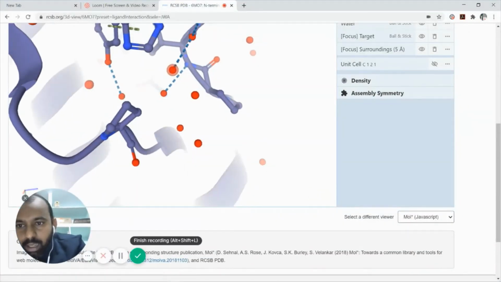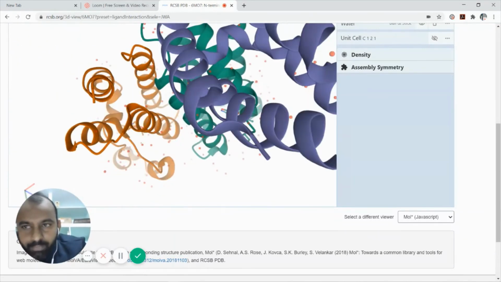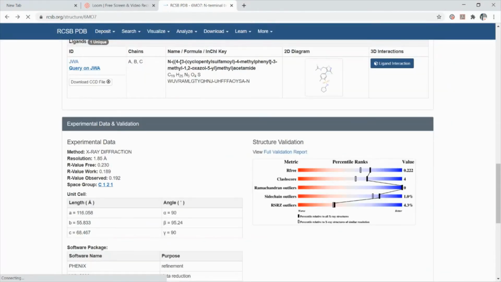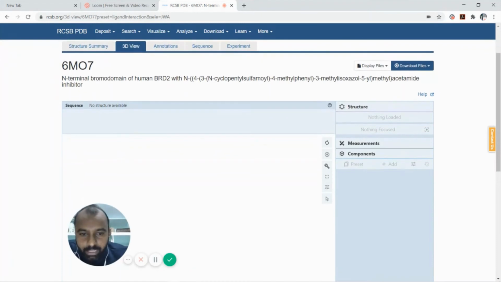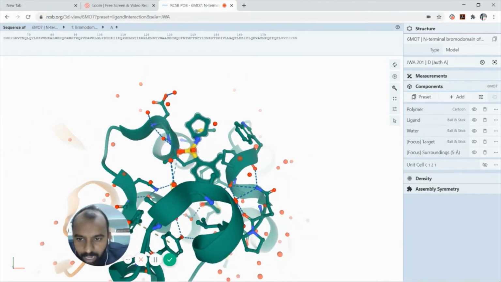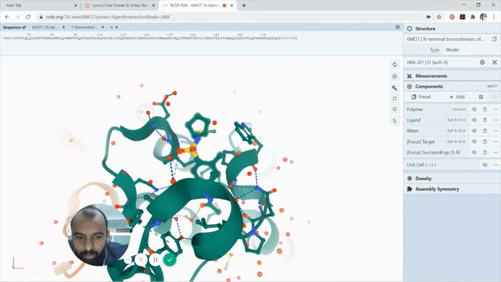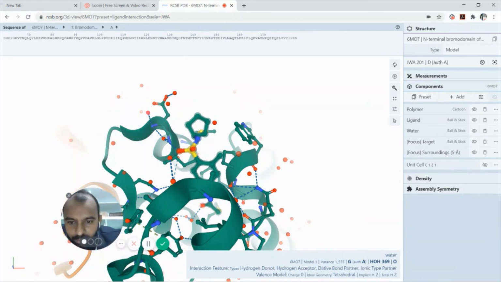Let me select this one. What exactly does this show me? So let me do once again the ligand interaction. Once I go for ligand interaction, whatever the protein of interest, I'll get, yeah, this is my water molecule. Let me click, yeah, this is a residue, not a water molecule. Let me select the other one. So let me select this water molecule. Yeah, 369 is a water molecule which is bonded with the active site.